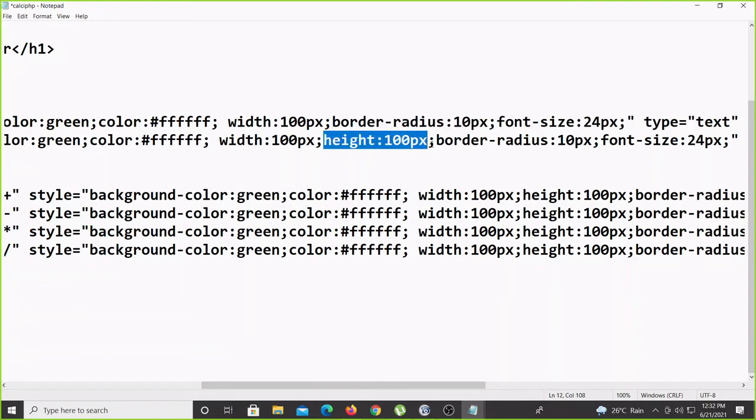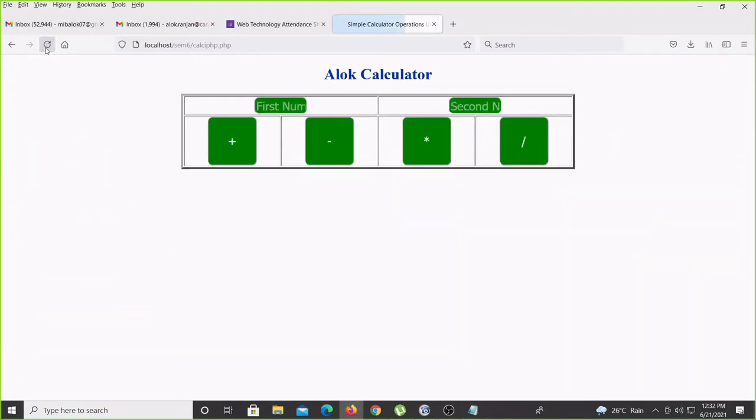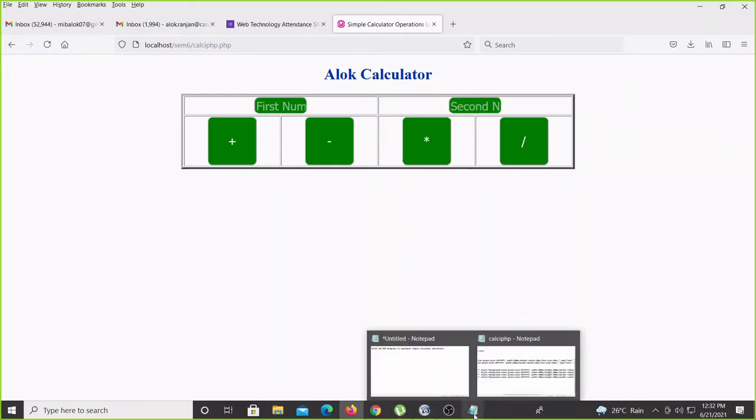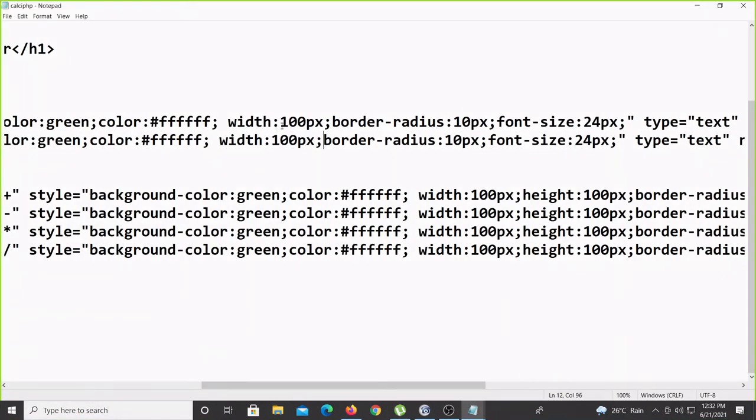This one where you are taking the input value. Yeah, you see, the first number, second number input box is coming, so I'll increase the height, width only here, so we can go for 200, 200.